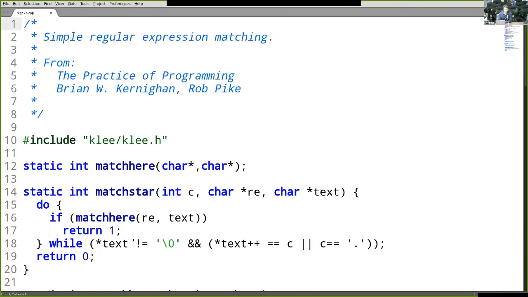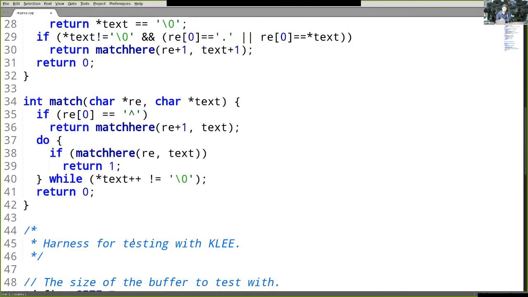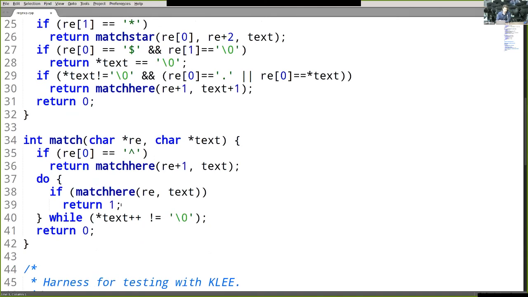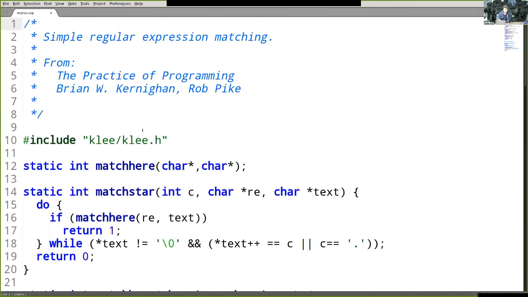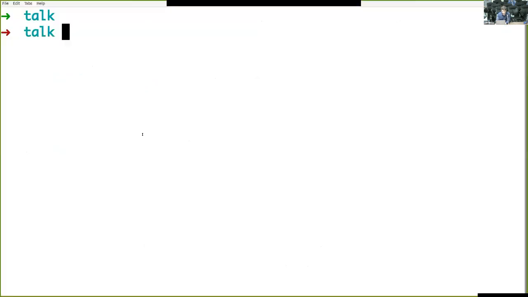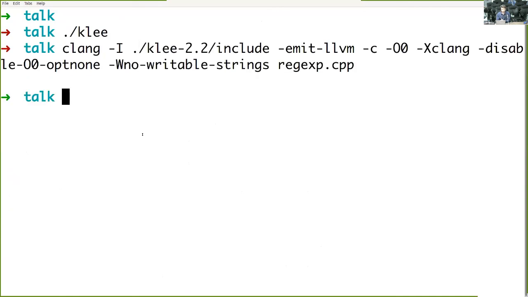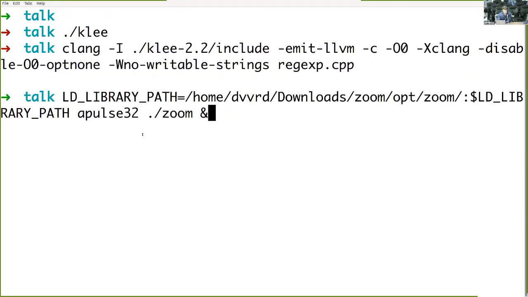And our task is to cover this matching engine. This is a recursive function, a mutually recursive function. So our problem is to generate patterns that exhaustively enumerate every possible path that this engine might take. So we may run klee and see what happens. First, of course, we must compile this example. I will compile it with Clang with some recommended options, and then I just start klee